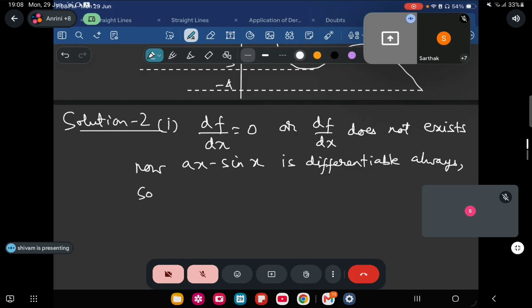So df by dx should always exist. So using